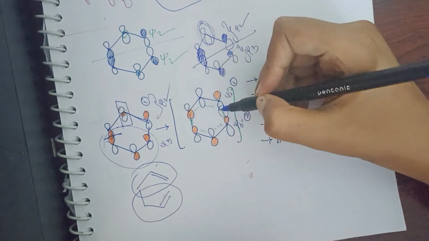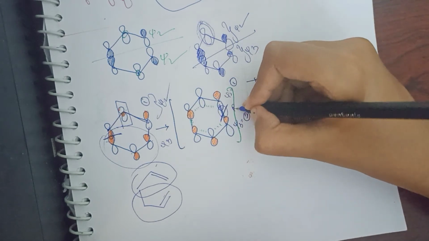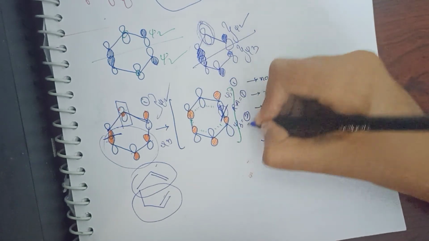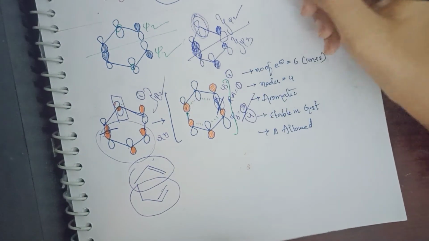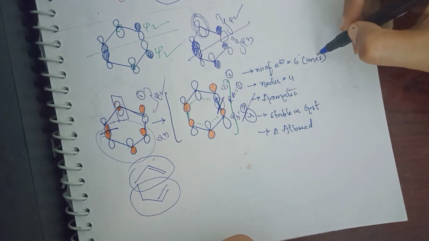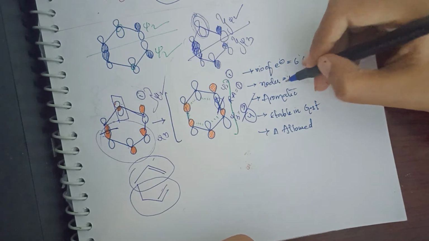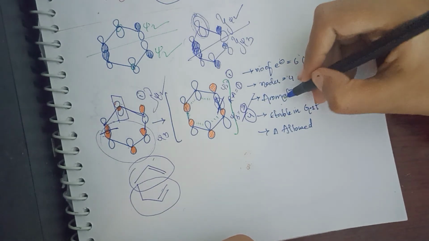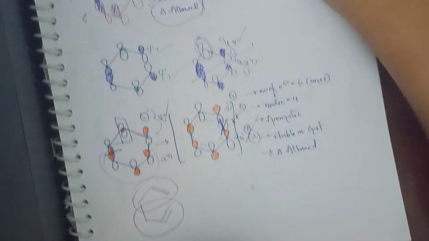Now here you check here any node is forming. Here the node is there. So by doing rearrangement I am getting one node. So total number of nodes 1, 2, 3, 4. Total number of nodes are 4. Here number of electrons are 6, that is 4n plus 2 electrons. Number of nodes are 4. So 4n plus 2 with even number of nodes is aromatic. As it is aromatic, it will be stable in the ground state, thermally inert. It is simple to draw the molecular orbital.